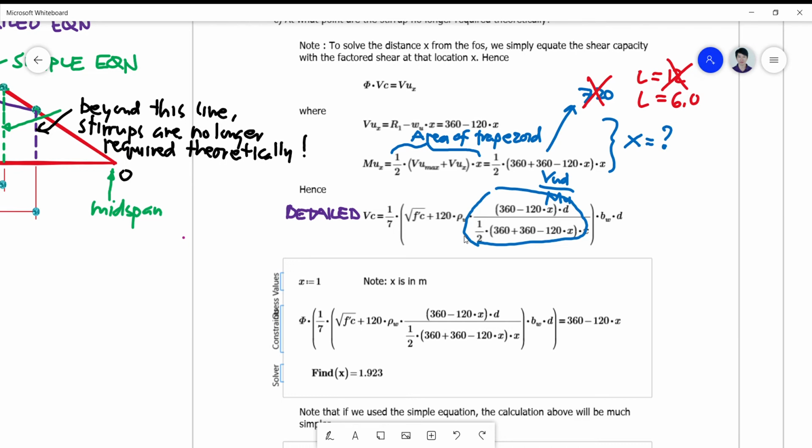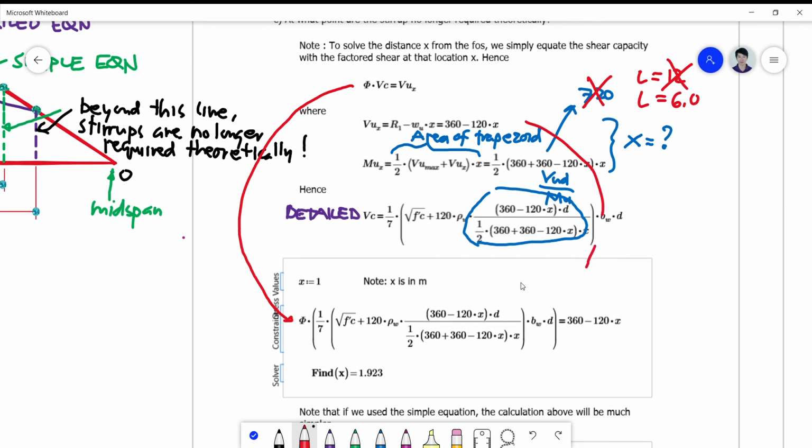So all you have to do is to equate this phi VC. I now substituted the value of phi VC here, and then my VUX is substituted